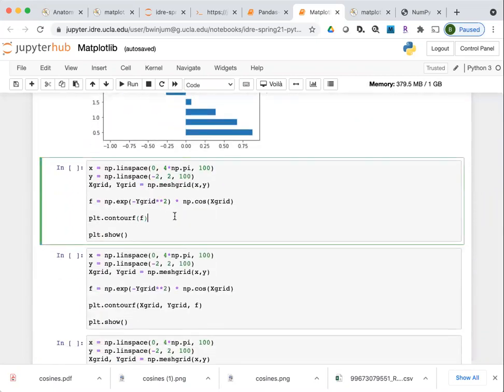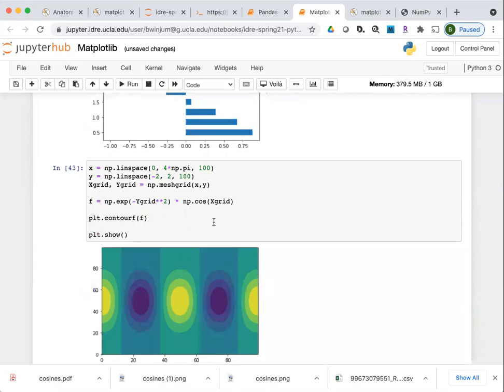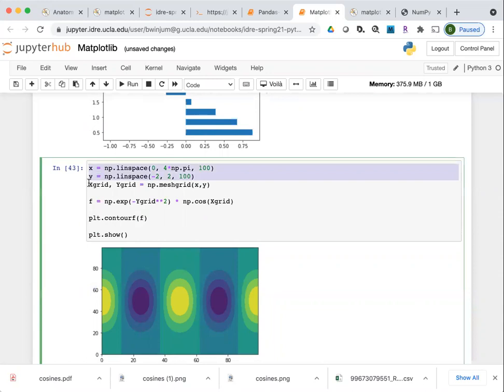2D data can also be important to show. Now, this is the Python syntax for generating the array in X, the NumPy array in Y. And then this generates a 2D NumPy array with this function called meshGrid. So this is just a way of generating the two-dimensional NumPy array.